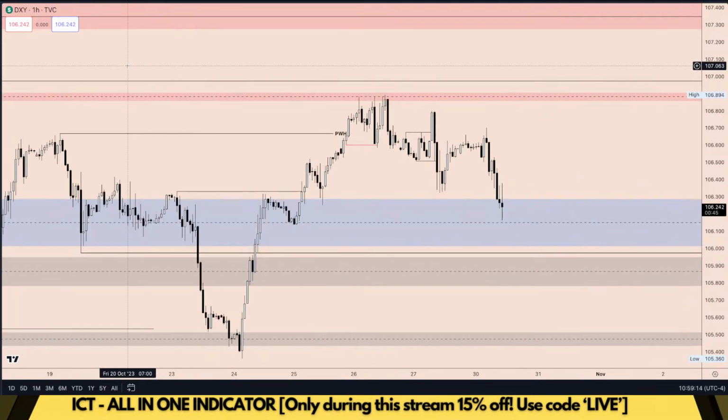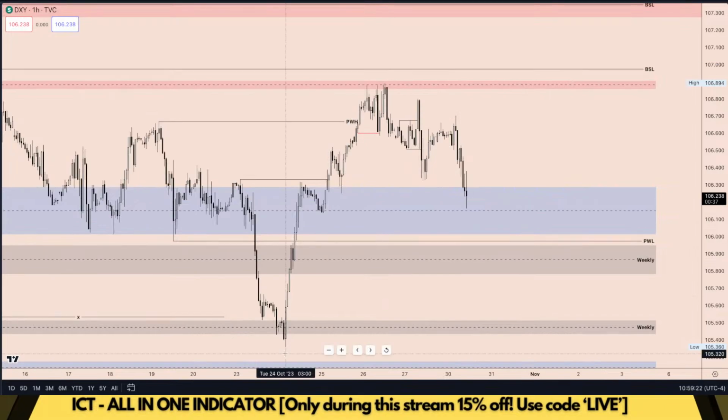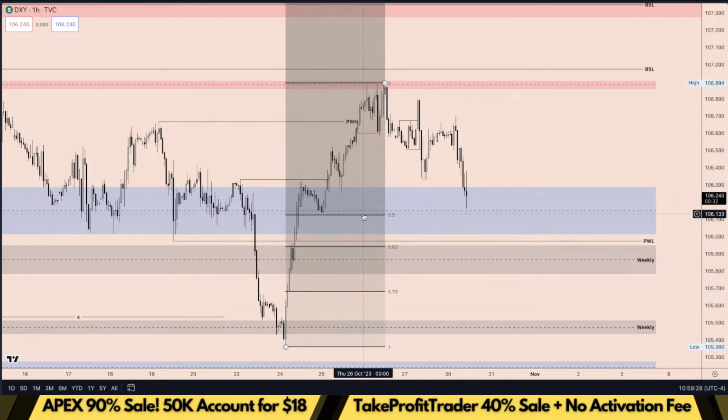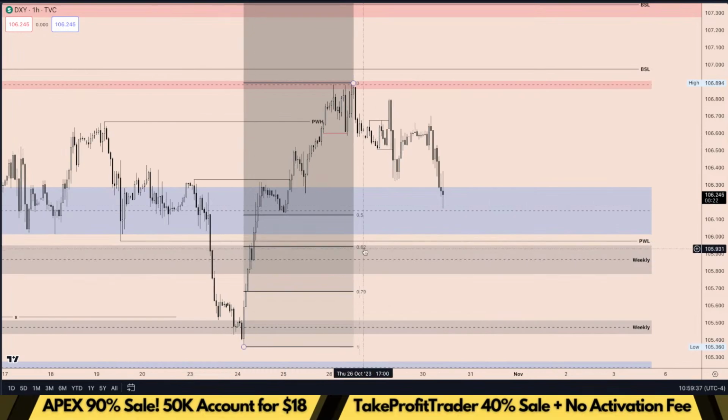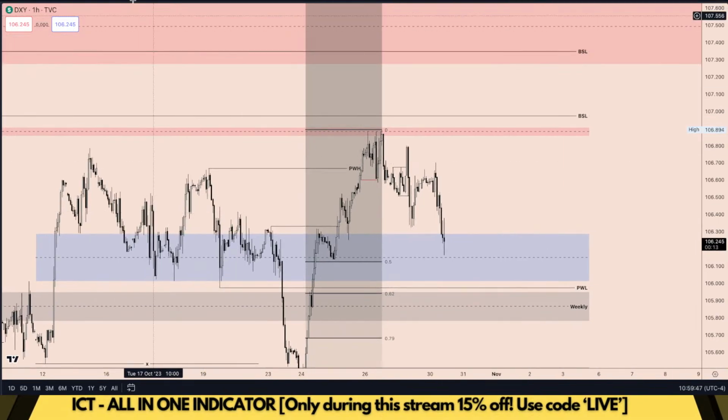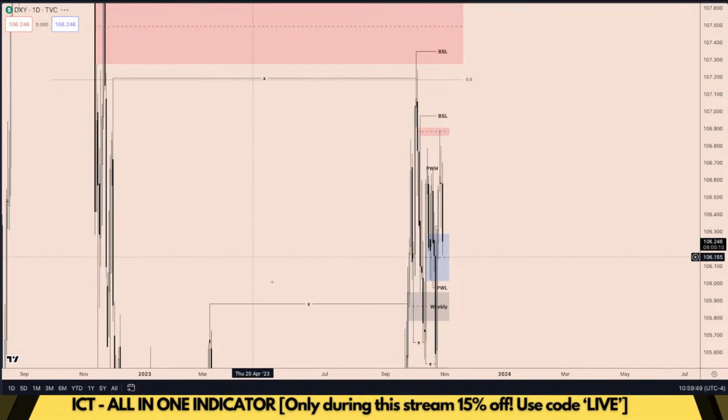But right now we still have these relative equal highs up here that are yet to be taken. We have our previous week's range if we measure from Tuesday's low all the way up to Thursday's high. The 50% lines up nicely with the sell side liquidity and the 50% level of this daily bullish fair value gap from over here. Even an optimum trade entry pullback would be healthy for the DXY to continue up higher. But here on the daily time frame,